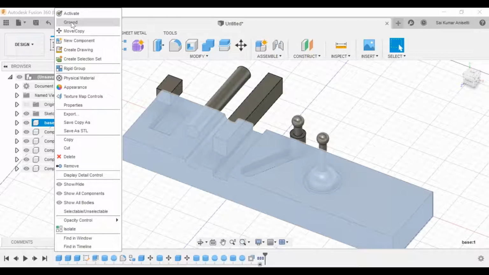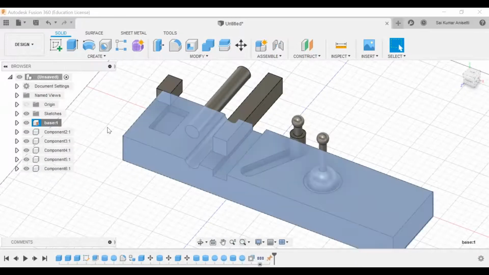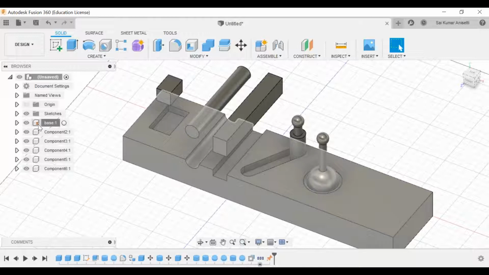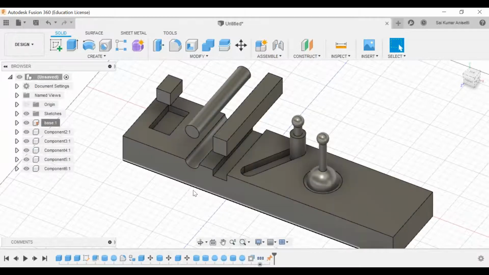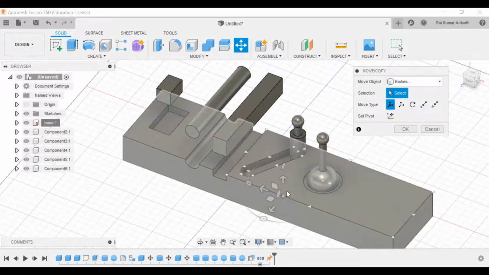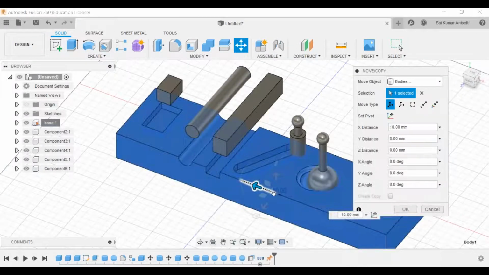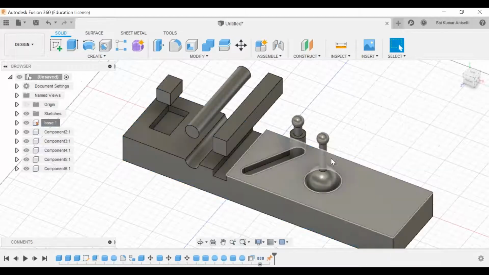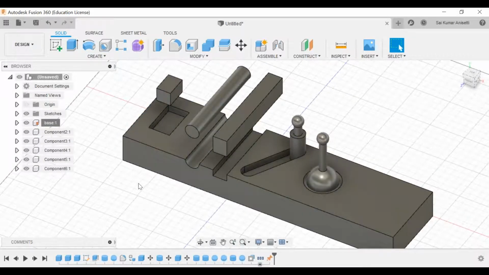That is your second option called ground. You can see a pin kind of symbol. That means this body cannot be moved. If you want to move it, it will only move like this. As soon as you click OK or cancel, it will come back to its original position.